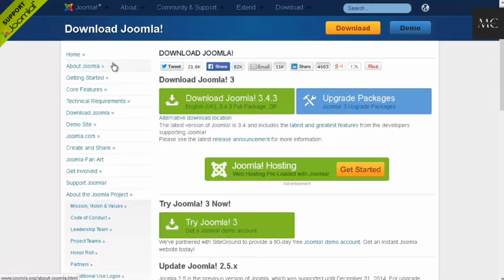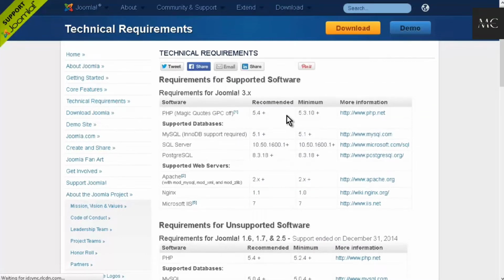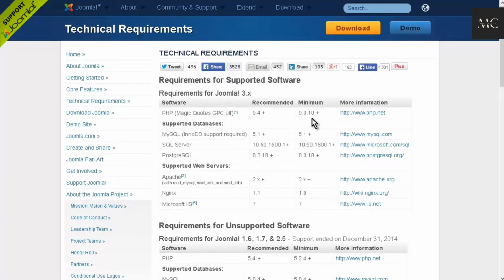Now also, you should go over to the left-hand side here and look at the technical requirements. Of note, you need PHP 5.3.10 at a minimum. A lot of hosts don't use that by default. For instance, if you're using HostGator and you're using a shared hosting plan, it doesn't use this one by default. So once you get it installed, it's going to give you an error that says you have the wrong version of PHP. But all you have to do is get on a chat session with them and tell them which domain you're running it on, and they will switch it to the proper PHP version, and then everything will work